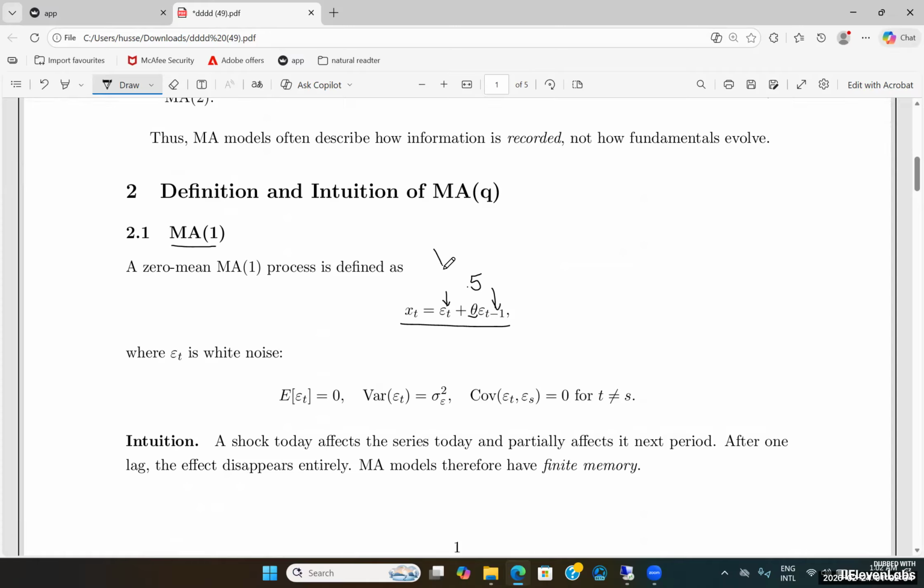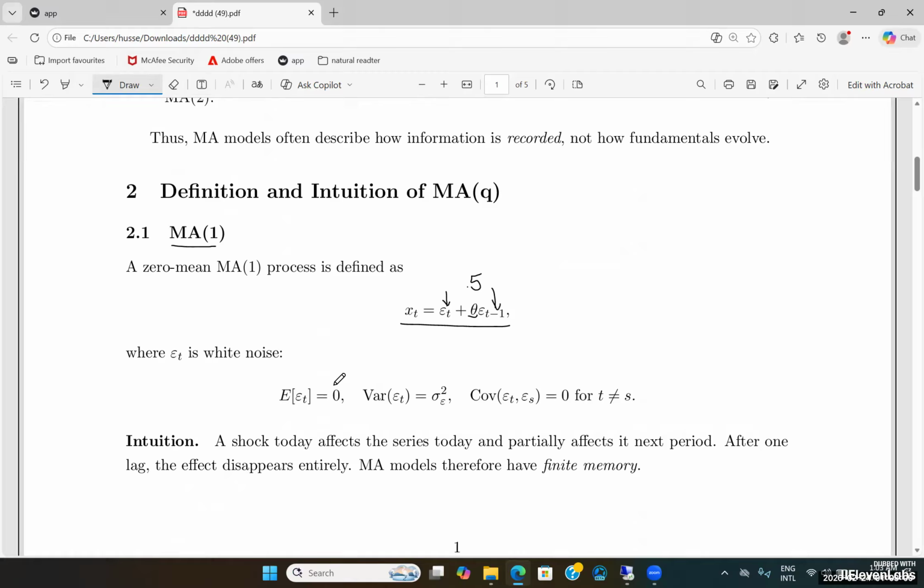In this particular situation, we're not actually dealing with xt minus 1. Instead, what we are dealing with is the error of shocks that originated from the previous period. So, when we examine this particular model, we find that the expected error is precisely 0. The variance remains constant throughout, and the covariance is also 0. Therefore, what we're dealing with here is essentially a case of pure white noise errors.